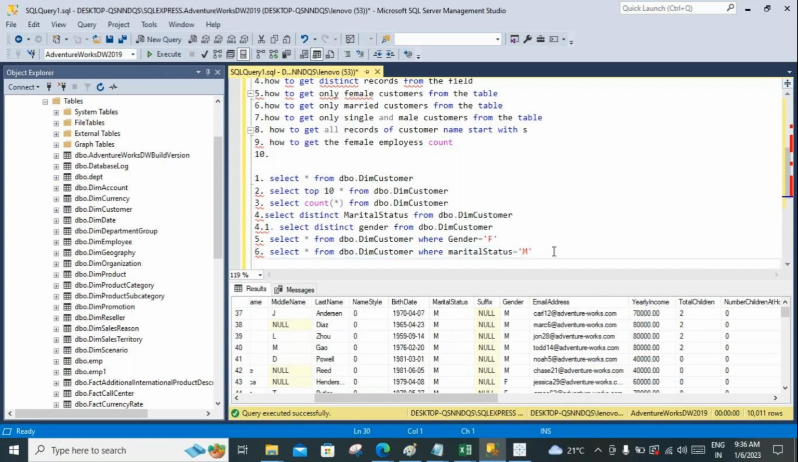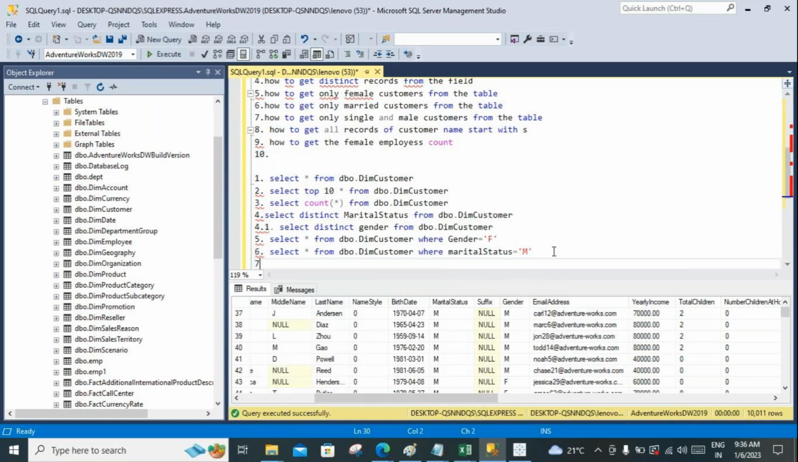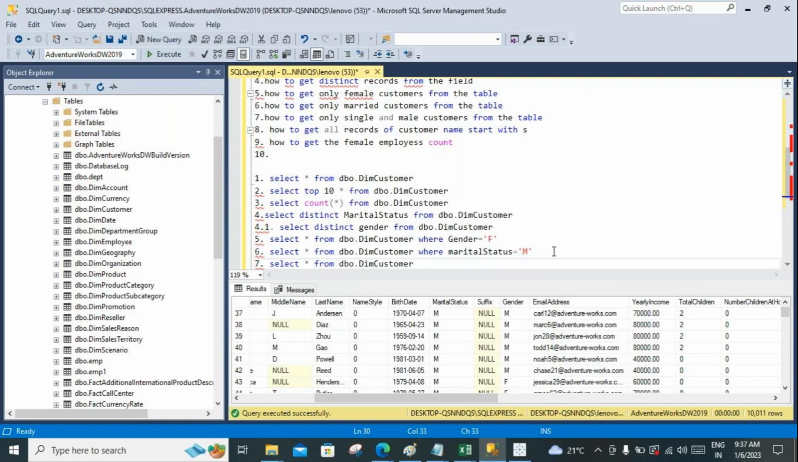Okay, the seventh one. How to get only single and male customers from the table. Single and male customers from the table. Select star from dbo dot table name, customer table, where